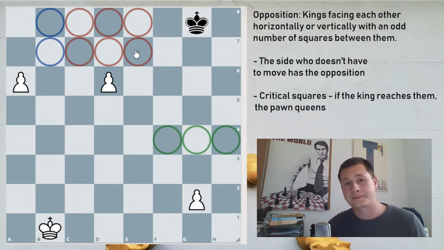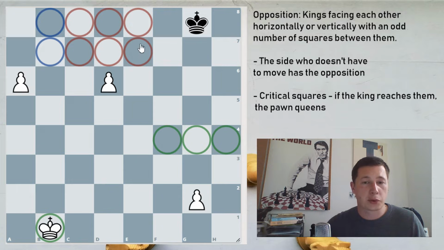So what does that mean? The critical squares are those, if your king manages to reach them, the pawn is going to promote. That means that if your king, if the white king in this case, manages to reach any of these squares, so c7, c8, d7, d8, e7, e8, then the white pawn is promoting to a queen. Conversely, if the white king isn't able to enter one of these critical squares, then black can draw and the